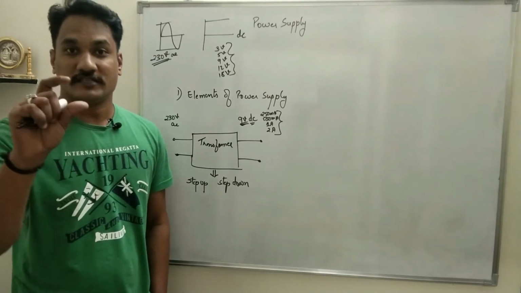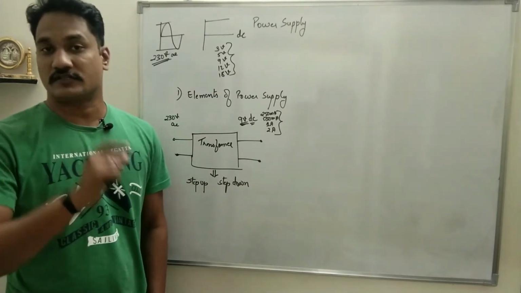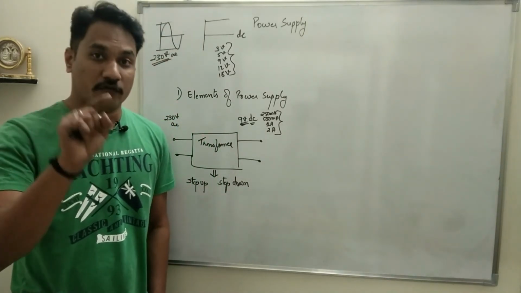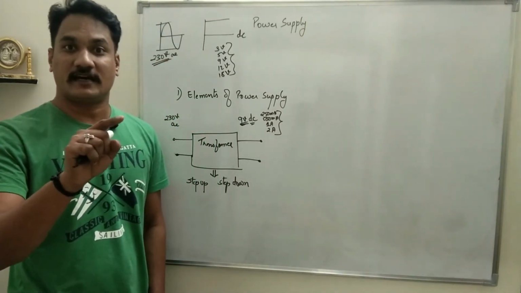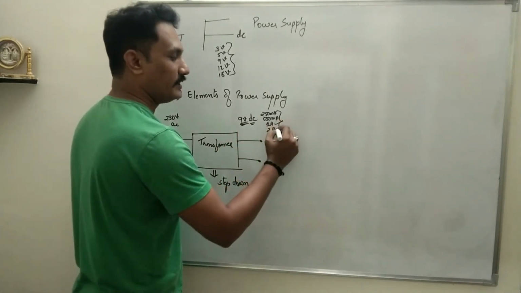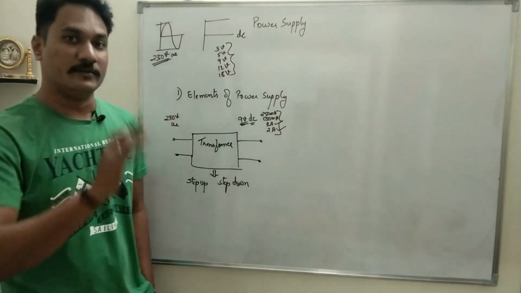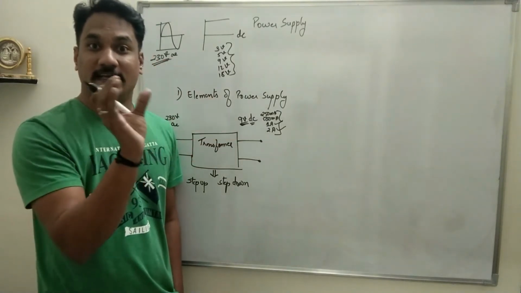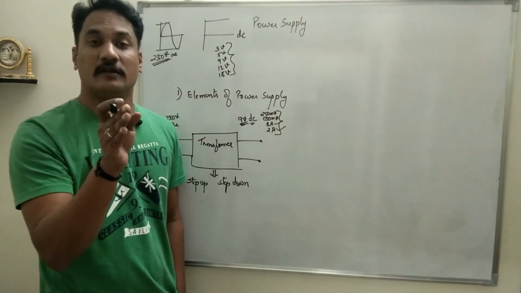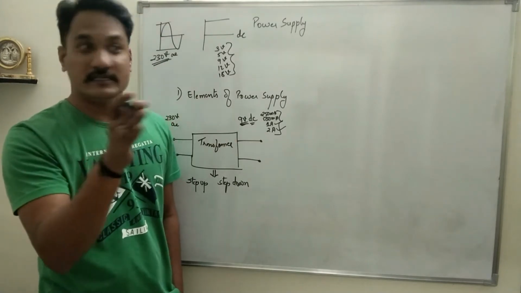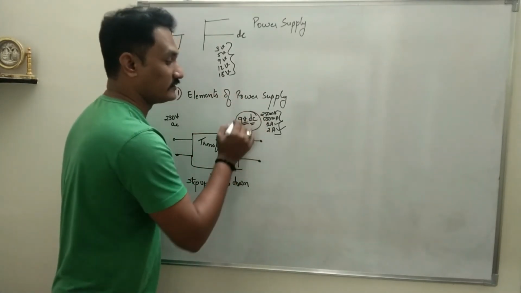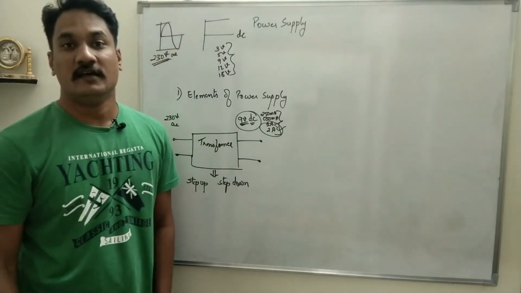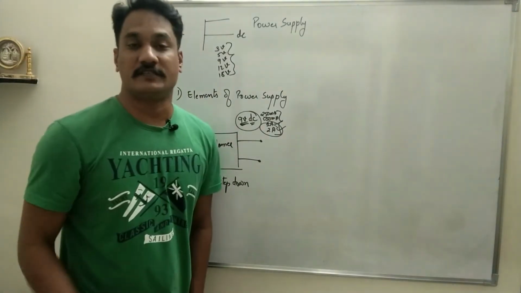Okay, so if you see your charger for a mobile phone, it will mention the voltage as well as the current rating. It is around 1 ampere or 2 ampere. You can see it will be written on it. So the transformer which has been used inside that black box will convert AC into DC, and it will give the voltage and the current rating which has been specified on the device.